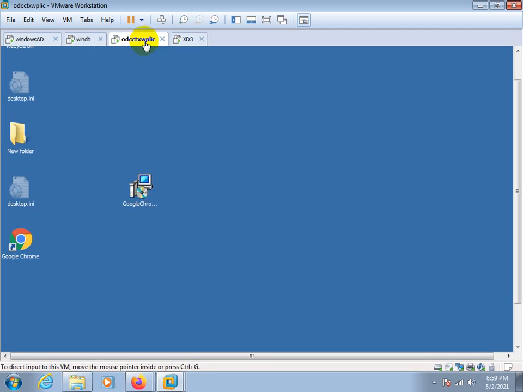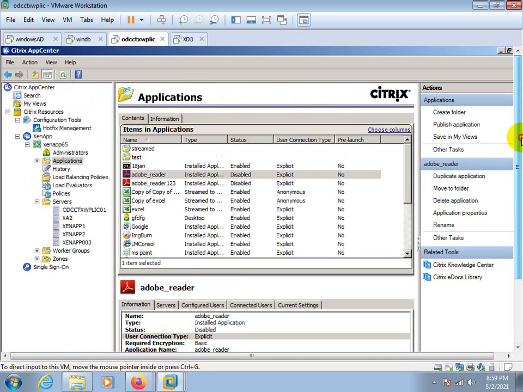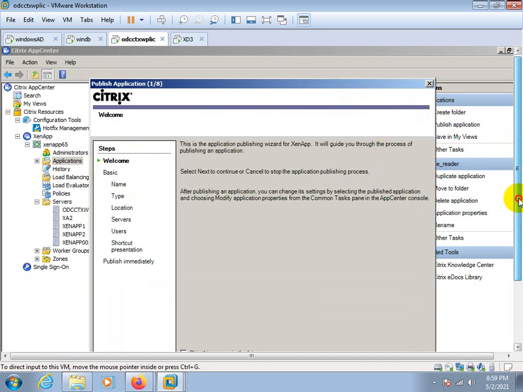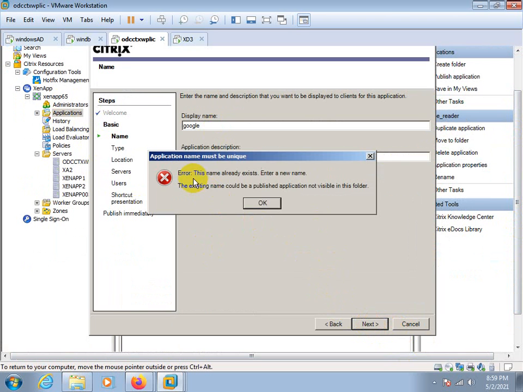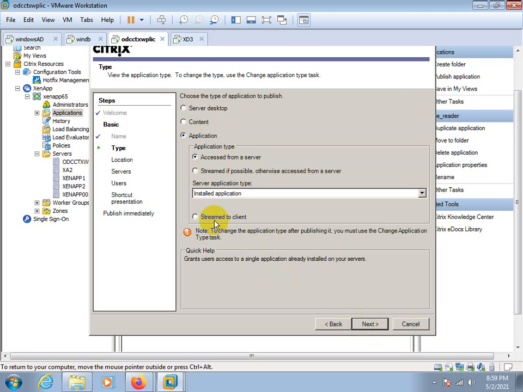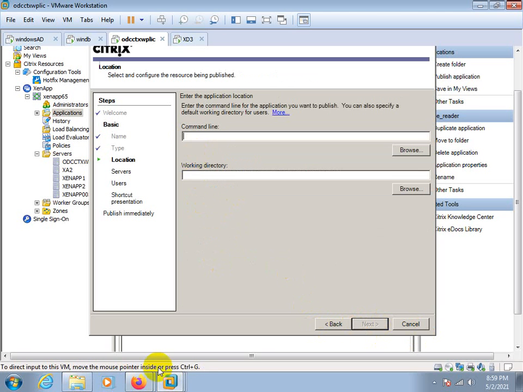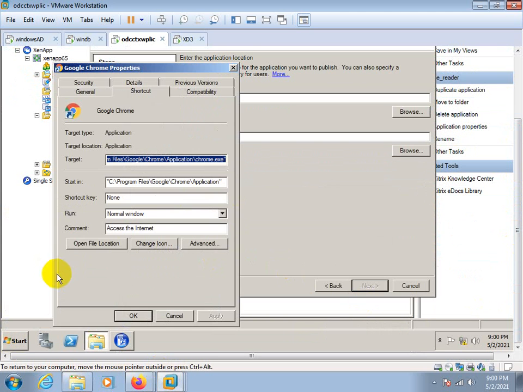So it's running. Google Chrome has been installed. Here we have chosen Google. Next, here it already exists. Google One. Okay, command line. Command details. Just right click, properties.